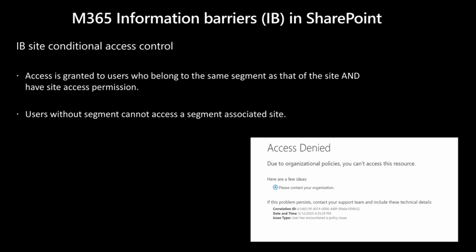So for example, if a user belonging to the investment banking information segment was accessing a site, and a few months later the user changes jobs and moves to corporate advisory, the user will now lose access to all the previous investment banking sites. At access time, when we match the segment, the user no longer belongs to investment banking. He has actually moved to corporate advisory. So the main idea here is we always check at runtime to make sure that the right user is accessing a SharePoint site which is protected with information barriers.